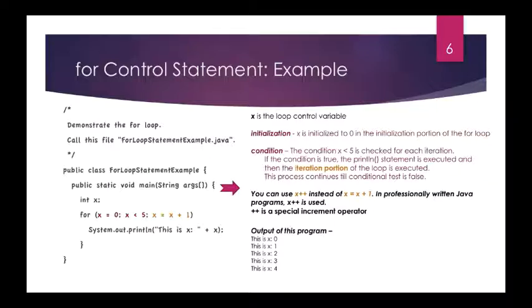As we see in the output of this program, when the value of x is 0, it is less than 5, hence the print statement gets executed, and then the value of x is incremented in the iteration block. Now the value of x is 1, which is still less than 5. Again, the print statement is executed. The same continues for x equal to 2, 3, and 4. The moment x is equal to 5, the condition is not met, and hence the print statement is not executed and the loop exits at this point.